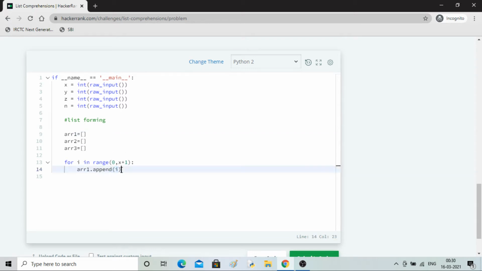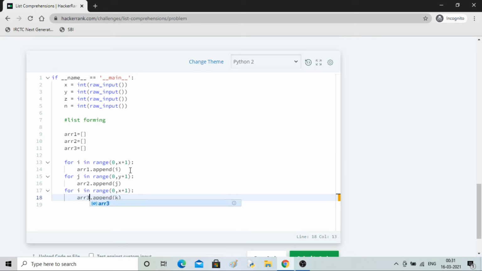Similarly we have to do this with array 2. So here I will take y, I say j, array 2 j, and the same thing I will do for z. So k I will take, array 3, and then here z, and here k.